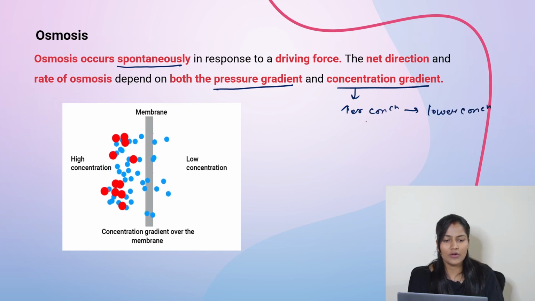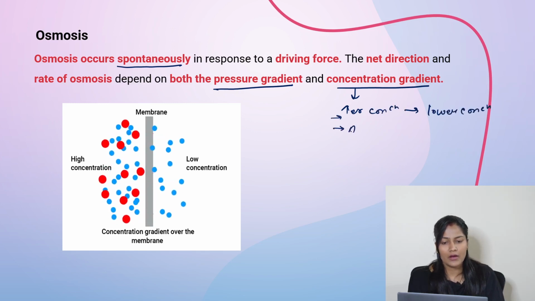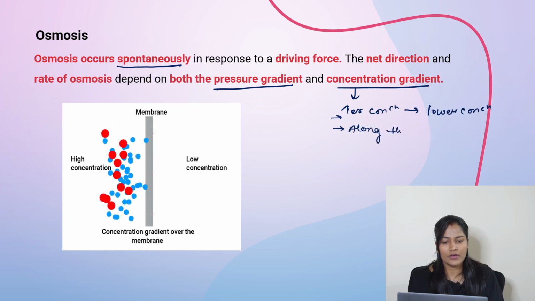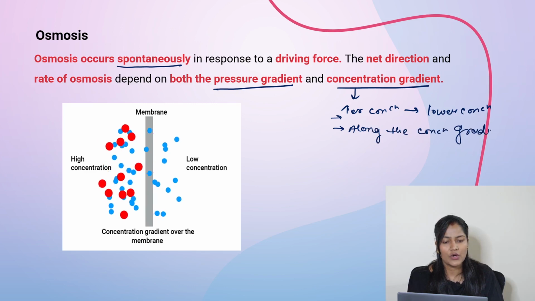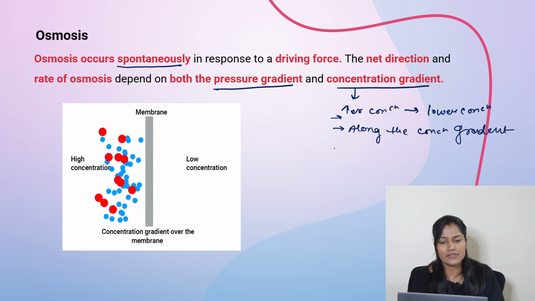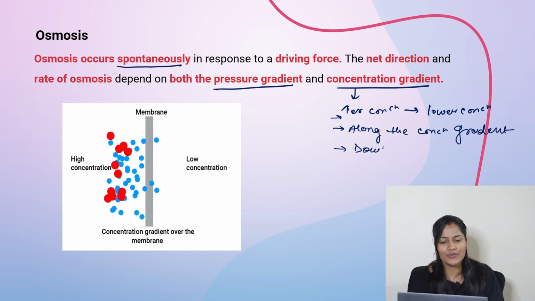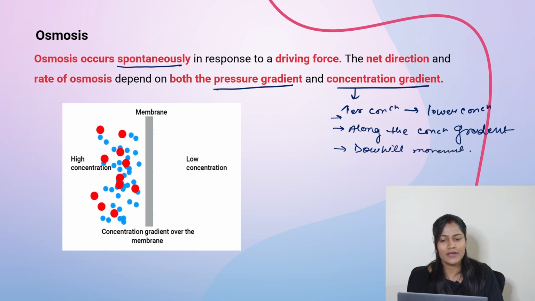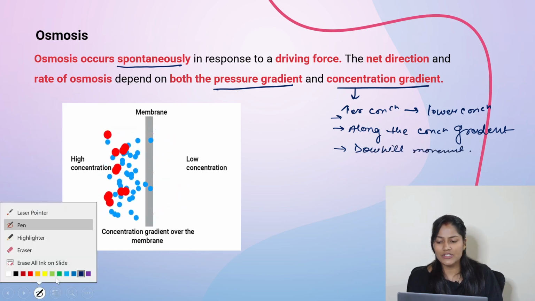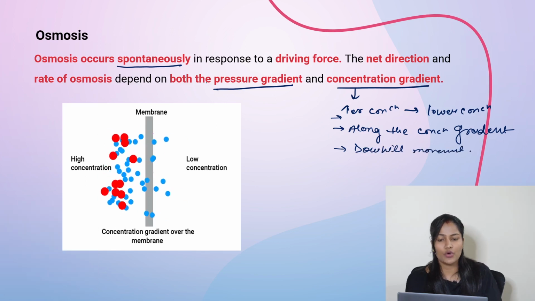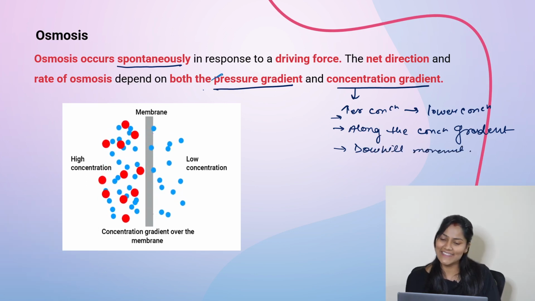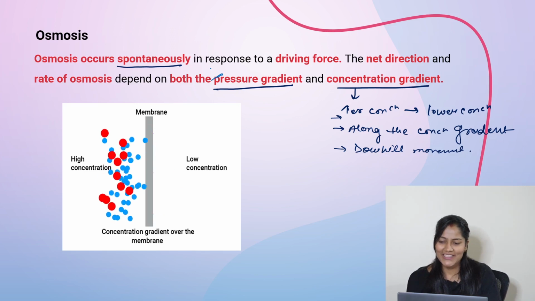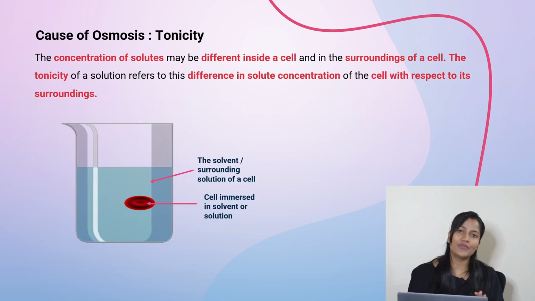That is your movement along the concentration gradient, along the concentration gradient, or simply we can call it as downhill movement. ठीक है, नेक्स्ट हमारे पास आ गया बच्चा प्रेशर ग्रेडियंट। सो वी आर गोइंग टू टॉक अबाउट दिस प्रेशर ग्रेडियंट इन अ लिटिल डिटेल। ओके, सो लेट्स मूव फॉरवर्ड नाउ। बिफोर वी टॉक अबाउट द प्रेशर ग्रेडियंट in detail,